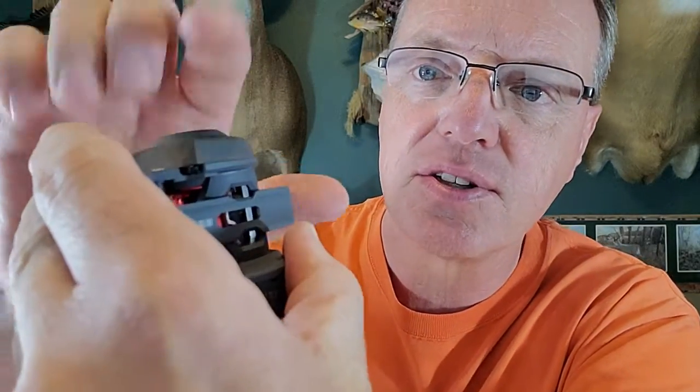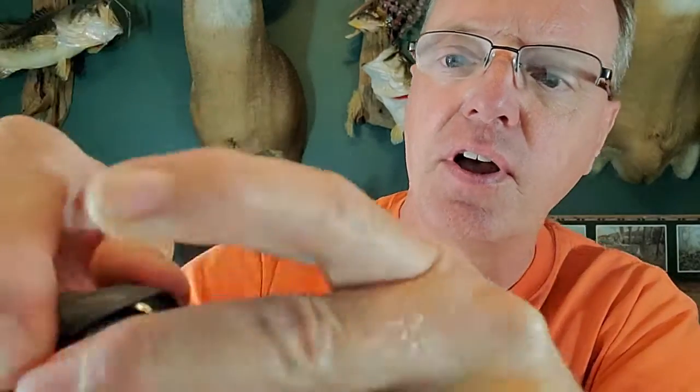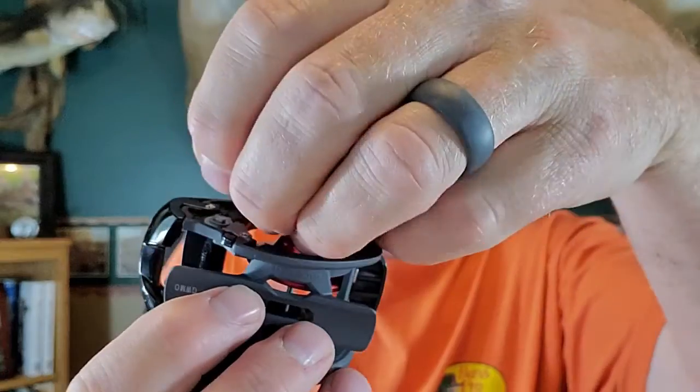Okay guys, one of the other features I want to show you on this reel is there's a small little lever down here, and you kind of got to work at it with your thumbnail, or maybe I actually used the end of a pencil that wasn't sharpened yet, the blunt end, so it wouldn't scratch anything up. But anyway, you can see it right there, this little bar right here, which will release, once you press it like I have, it'll release the whole side plate. So the side plate here will kick up,